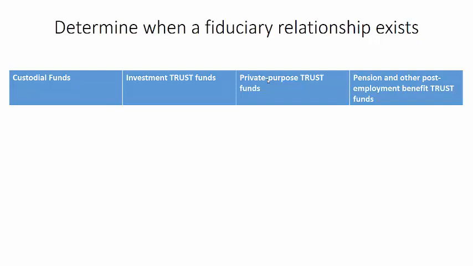We're the custodian, we're the trustee. It's for the benefit of others outside the government or the public at large. And the government didn't generate the assets, and the government does not benefit from the assets. All right, so if that's the case, then we have a fiduciary relationship, and we need to use one of these types of funds to account for the fiduciary oversight and administration of the money. And we're going to go into each one in its own detailed video. I might combine 2 into 1, but mostly one at a